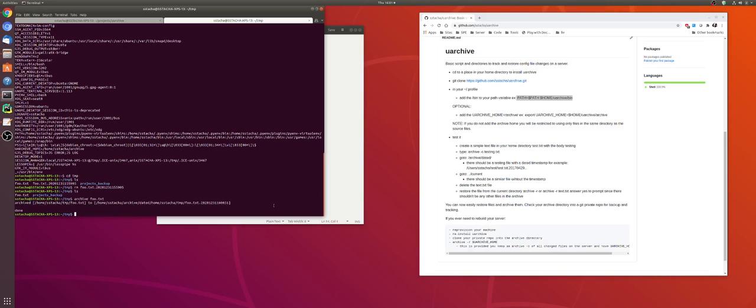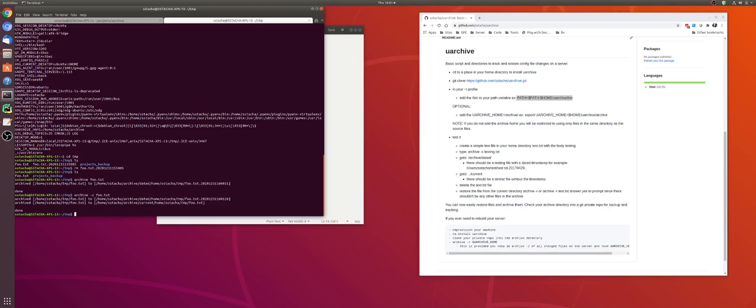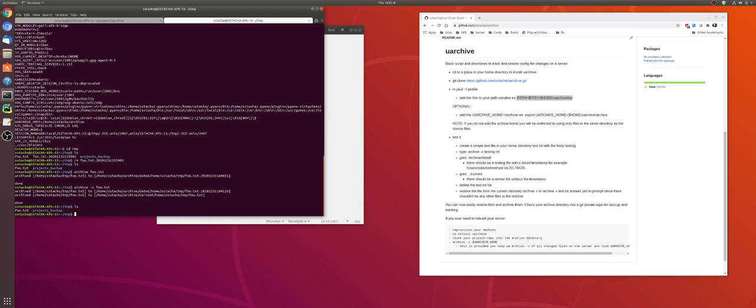So that's kind of cool, but what would be even more helpful is if we kept a current version of this file. So let's do that. We can do archive -c for current foo.txt. Notice it did the same thing as before, but now it also added it to the current folder. So why is this important? Well, first of all, at any point in time, we